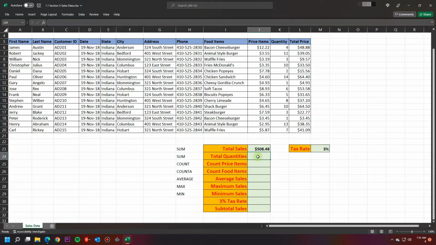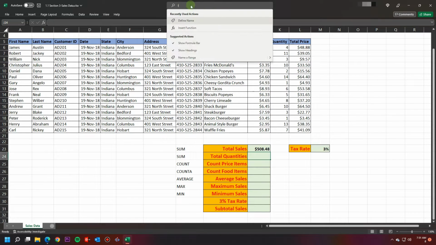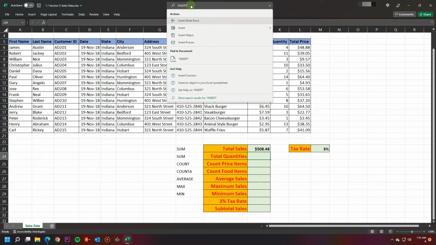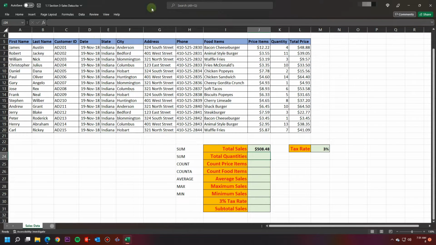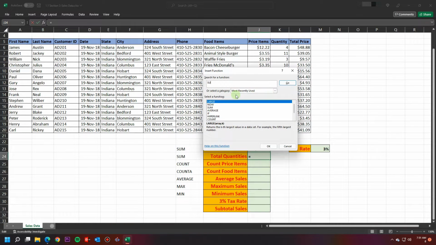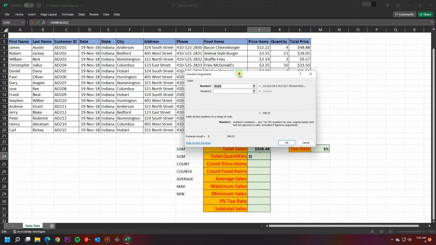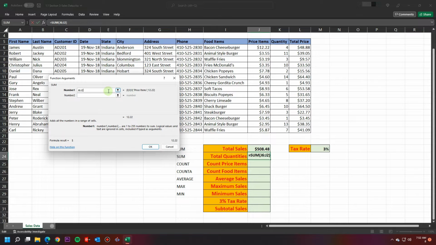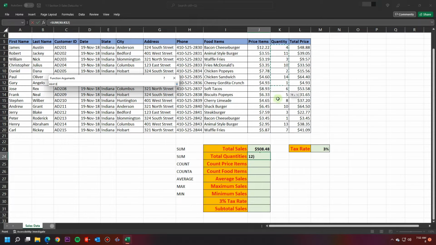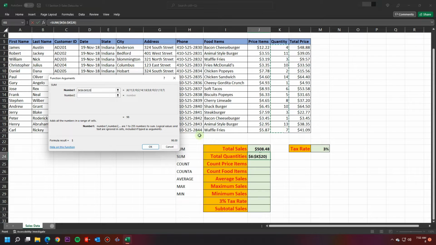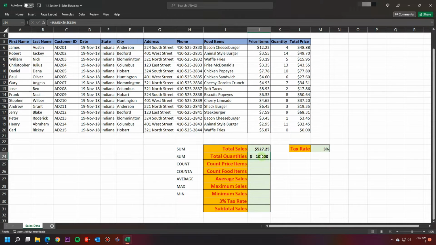Then the total quantities for this one, I'll use the insert function wizard, or we can always click here on the FX. Then I will just type in sum, enter, select summation, which is the formula that I want. I'll tell it I want to select that range, click on F4 to lock the same, and it gets me the total quantities. Now notice that right now the sum is 101,